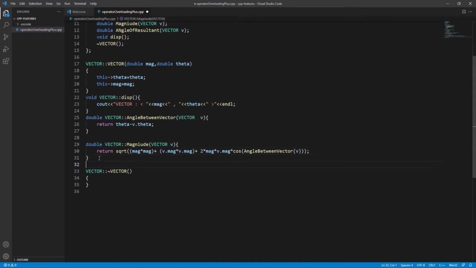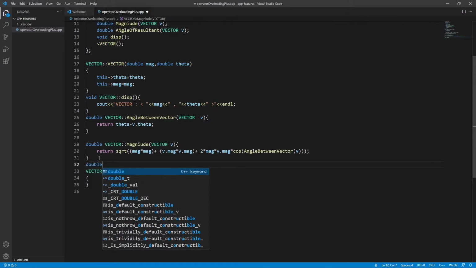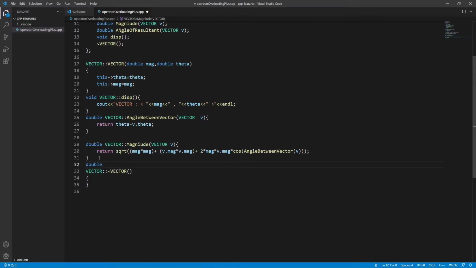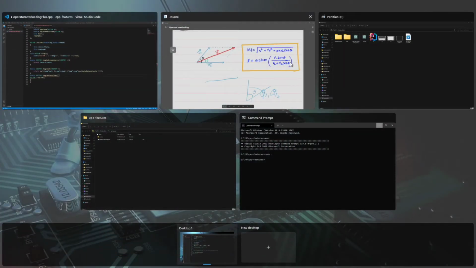Now let's create the function which will return double, and it will return vc vector, and this function is angle of resultant. Okay, so the formula for angle of resultant is arctan of v2 sin theta divided by v1 plus v2 cos theta.